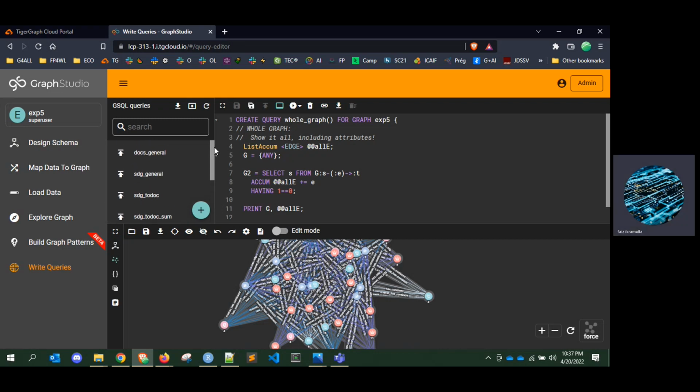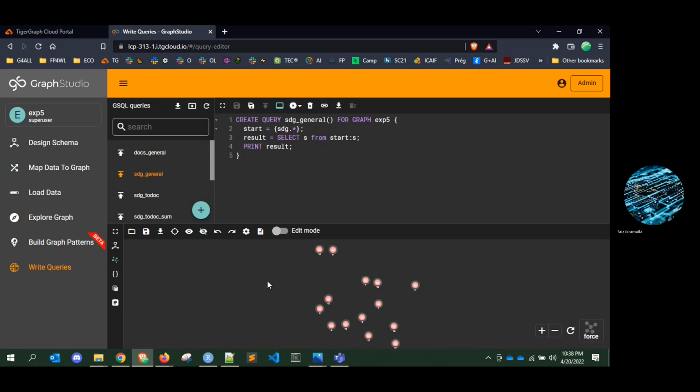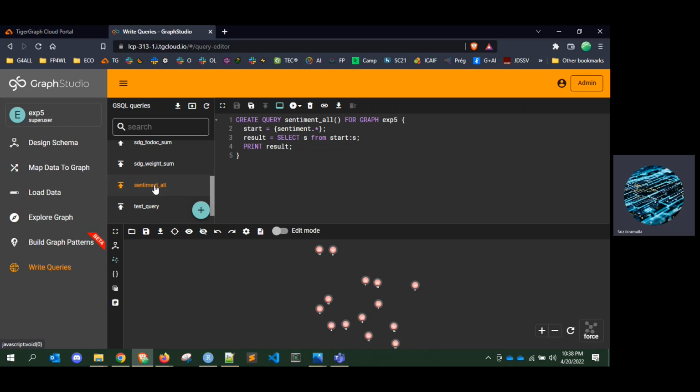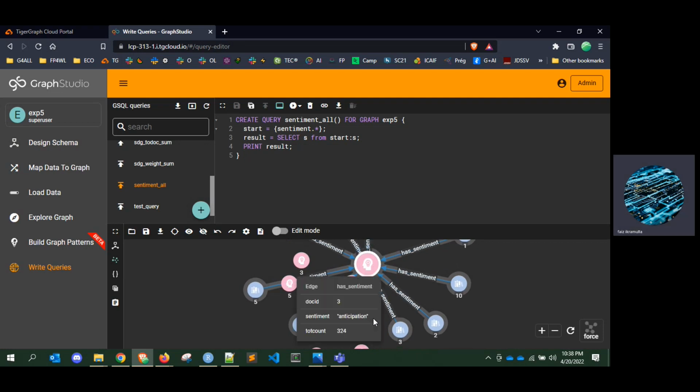Here we can run a query that outputs all the SDGs. Here's a query that outputs all the sentiments, and here, for example, on sentiment 2, anticipation, I can double click and determine which documents contain that sentiment.